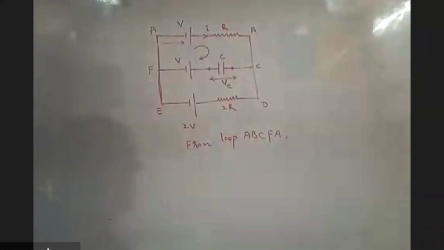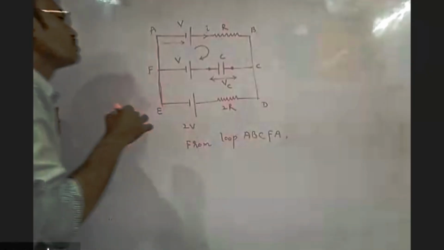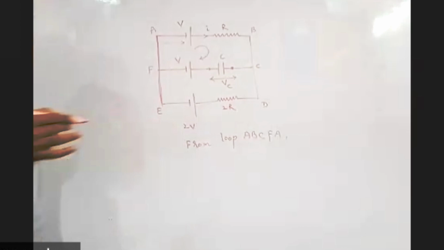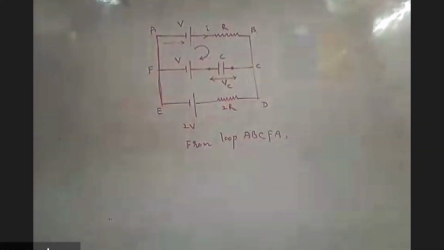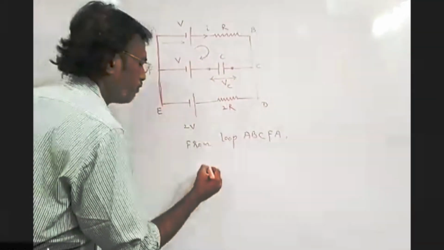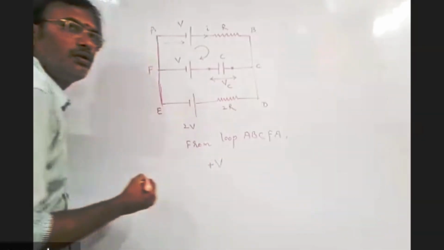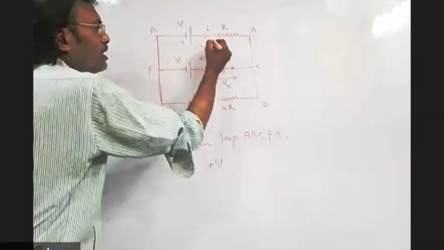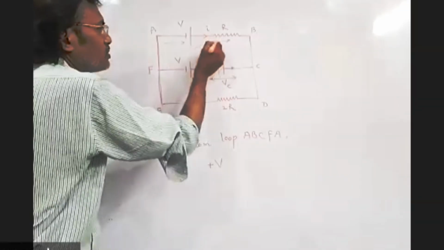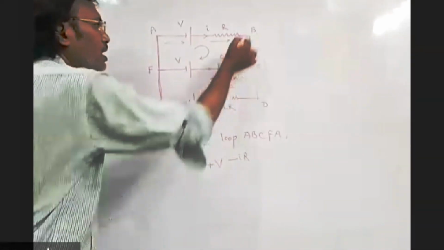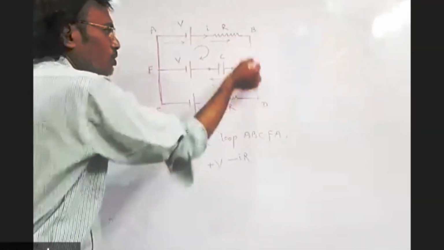So low to high is nothing but plus V, positive potential, and you are moving in this direction. Current also in the same direction, minus I into R, negative sign, and come to B to C, no cell